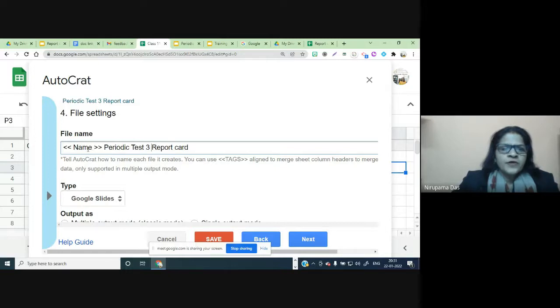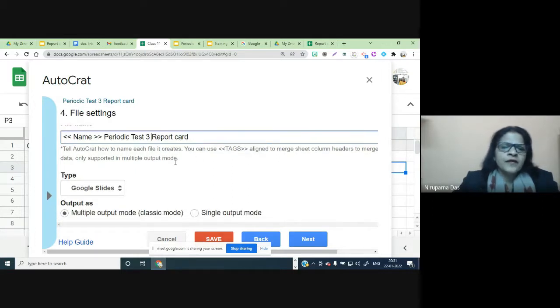Name is variable, so we keep it like this. Suppose the name is Devans, the file name will come as Devans periodic test report card. It will be shown to the student or parent like this.